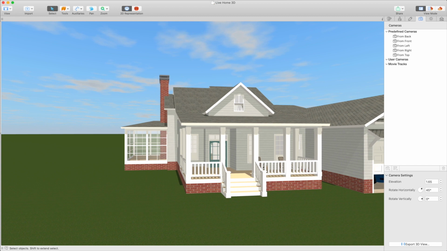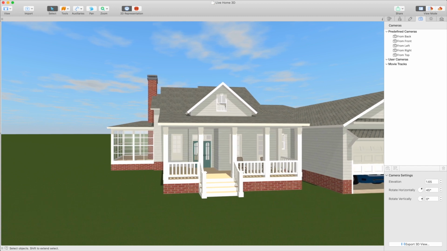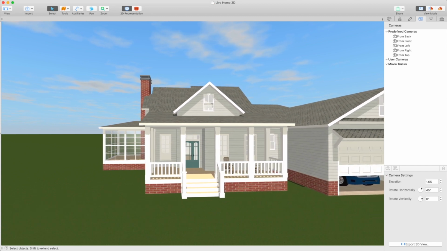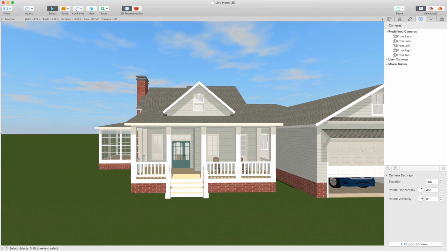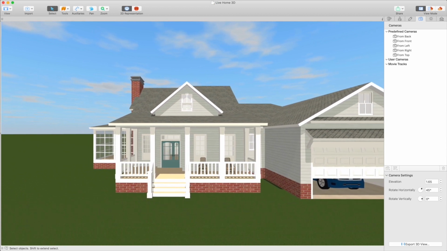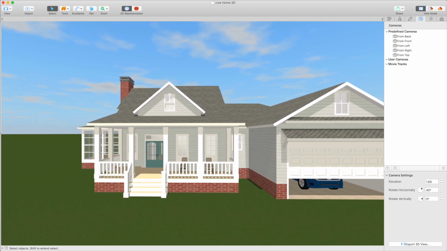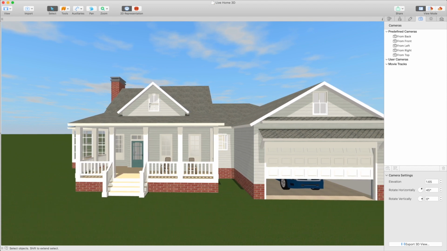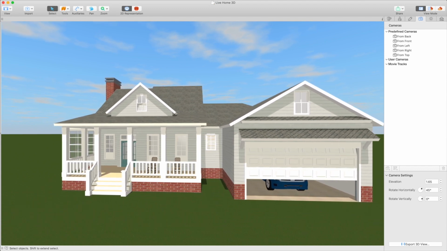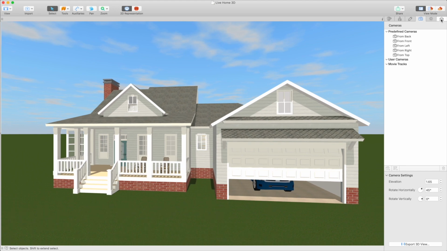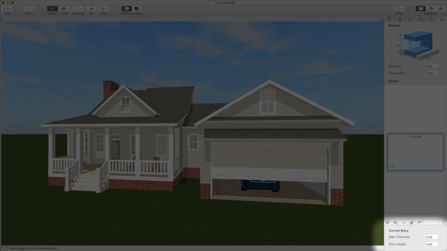In this video, we will cover specifics of making split-level houses. The principle of creating split-level houses is identical for Mac, Windows, and iOS versions of the app. Once you master split-level for one version, you will easily create them in others. The story height is controlled via the Building Properties tab of the inspector.